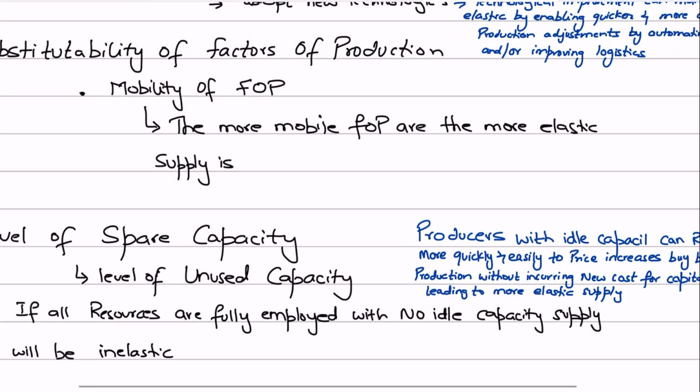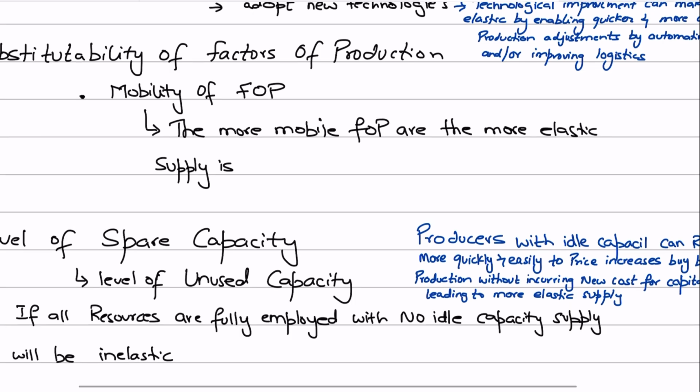That is, they are more mobile. The more mobile your factors of production are, the more geographically and occupationally mobile they are. If you remember, we studied geographical and occupational mobility in chapter 1. You can go through those definitions from your register. So the more geographically and occupationally mobile they are, the more substitutable they automatically become. And the less mobile they are, the less substitutable they become. And the more substitutable they are, the more elastic the supply is.